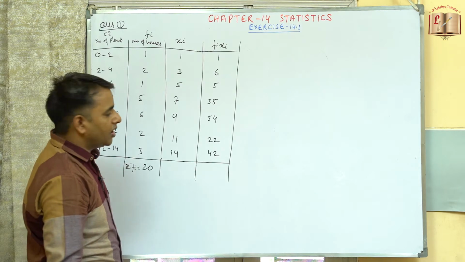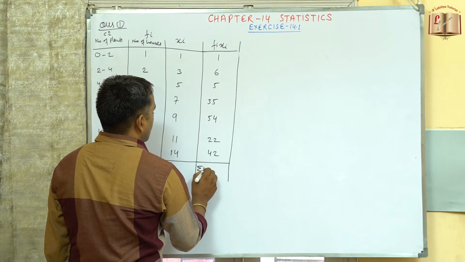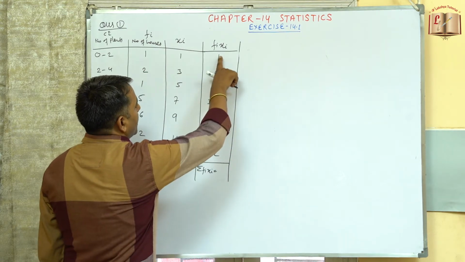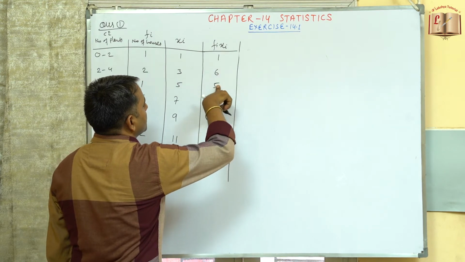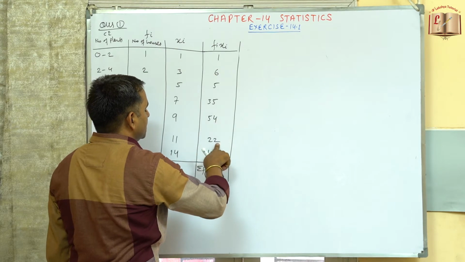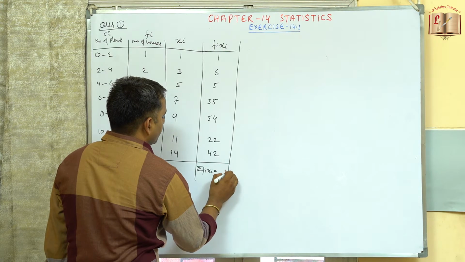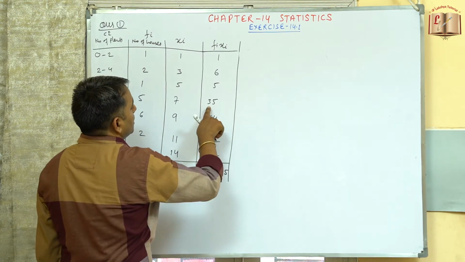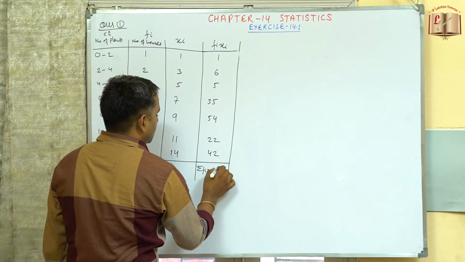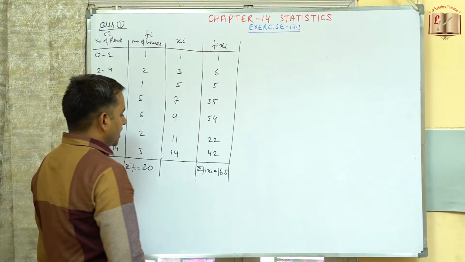So now we can add up all these values. So sigma FiXi will be equal to, we can add up 6, 1, 7, 7 plus 5 is 12, then 17, then 21, then it will be 23 and 25, 5 carry 2, then 5, 5, 10, then 12 and 16. So now we can calculate the mean.